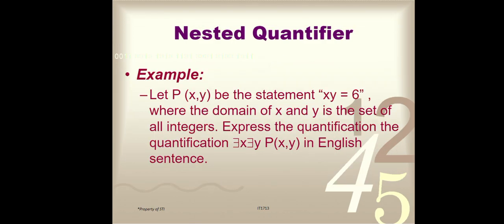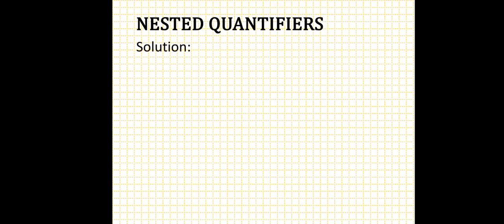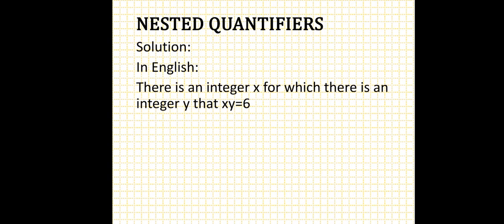Let P(x, y) be the statement xy = 6, where the domain of x and y is the set of all integers. So, express the quantification, there exists x, there exists y, P(x, y), in English sentence. So, there exists x, there exists y. So, ano kaya itong siya sa ating English sentence? So, we have here, ayan, there is an integer x for which there is an integer y that xy is